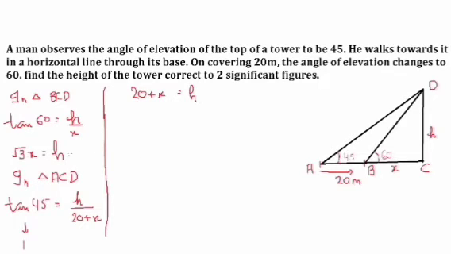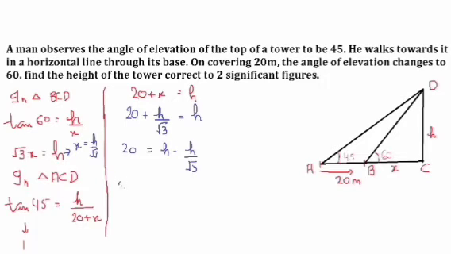So now in place of x, I need to solve for h, so better in place of x I can substitute h upon root 3. See, from here in place of x I can write h upon root 3. So the same I am writing here. In place of x I will write h by root 3 equals to h. Now I am taking that on that side. So here 20 equals to h minus h upon root 3.